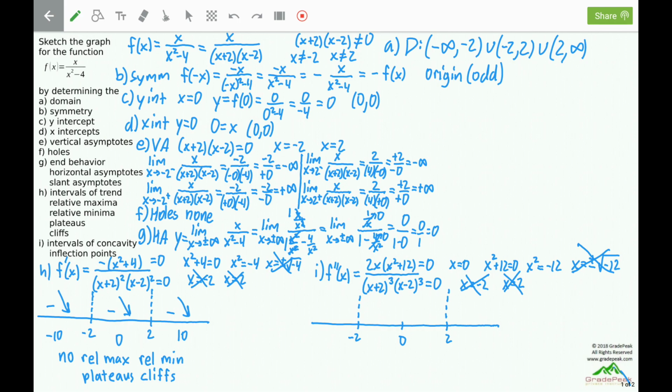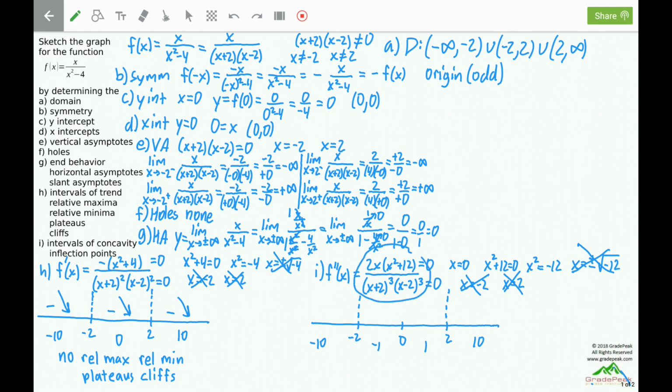We can pick a test value in each of the intervals. The first interval, negative infinity to negative 2, we can pick negative 10. The next interval, negative 2 to 0, we can pick negative 1. The next interval, 0 to positive 2, we can pick positive 1. And then the last interval, 2 to positive infinity, we can pick positive 10. We can test the concavity by plugging these test values into the second derivative. We only care whether it is positive or negative, so the best place to plug in is the fully factored